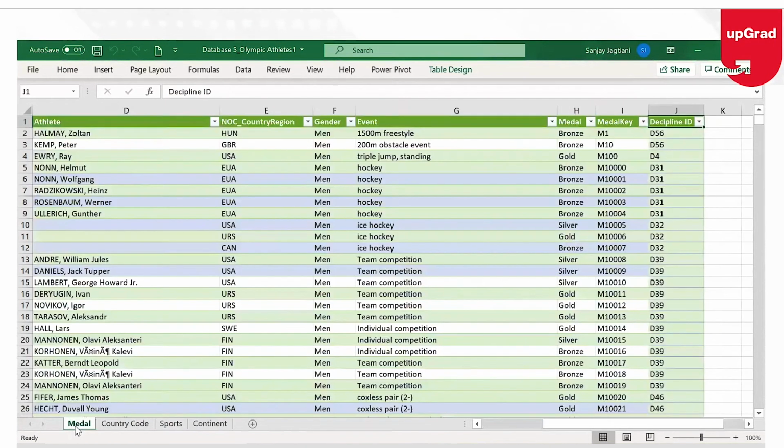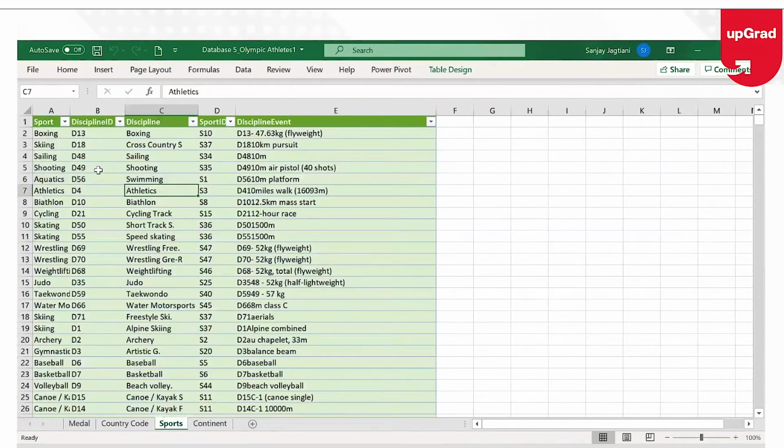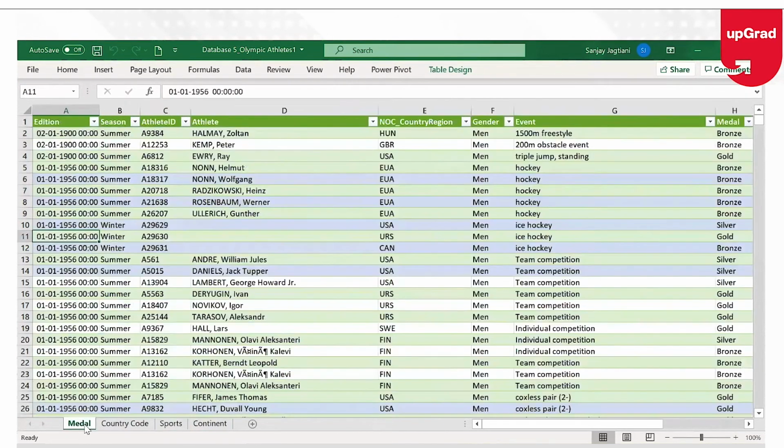First of all, if I want to create a relationship, I will need to add this data to the data model, which you are already aware of. If you want to know how to do that, you can go through my previous tutorials on data modeling. What I need to identify is which of the sports have earned how many medals from this list.